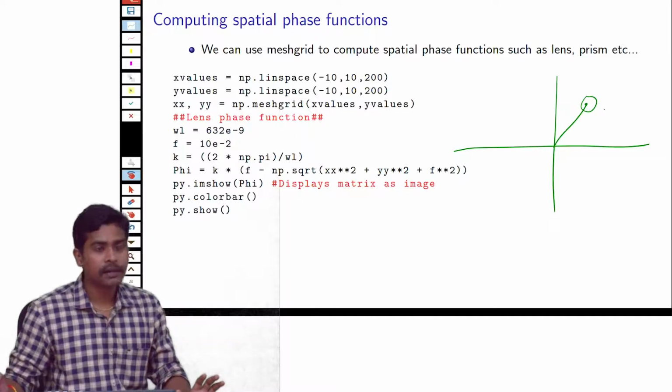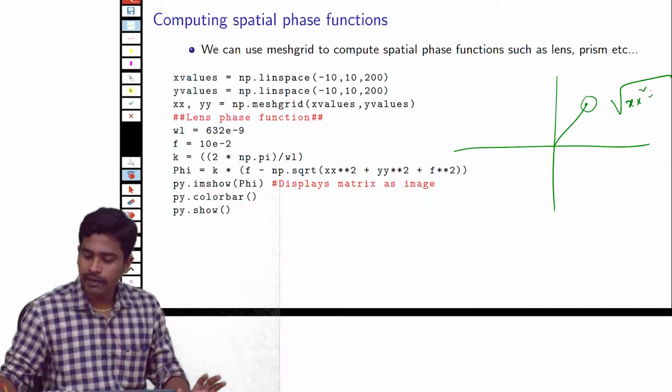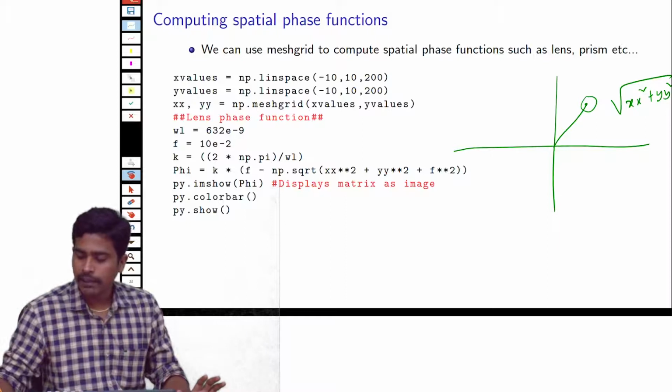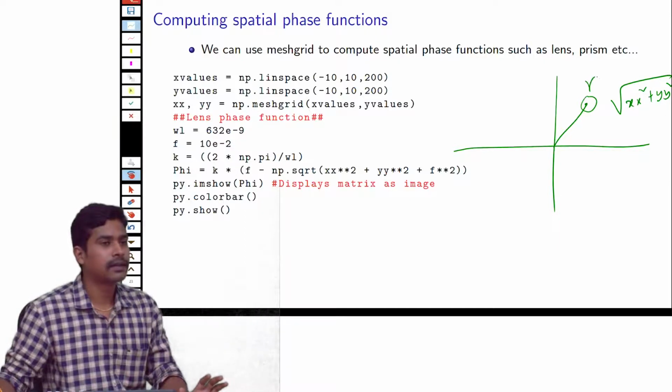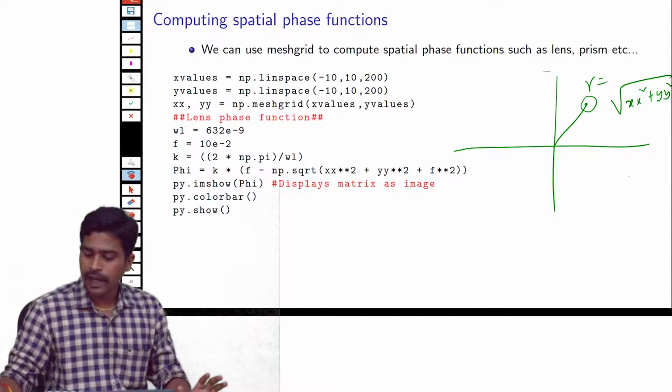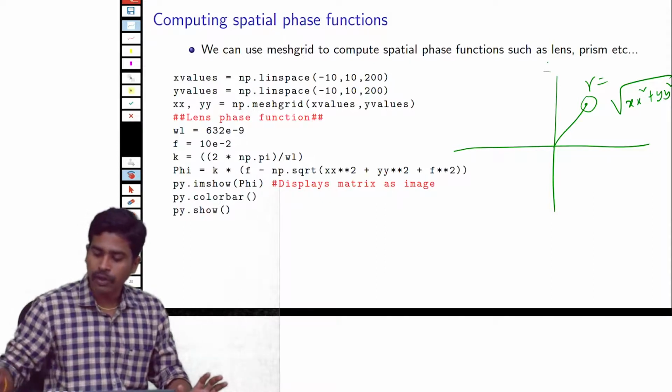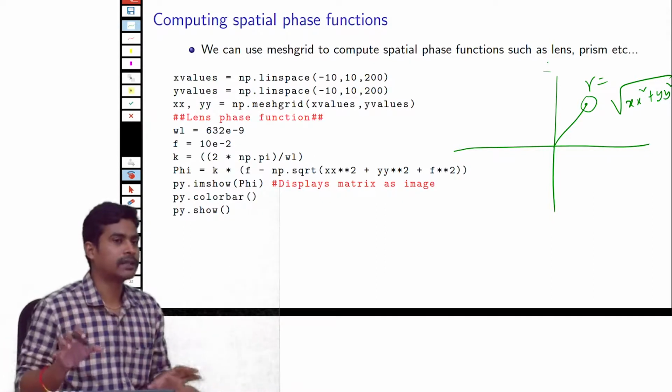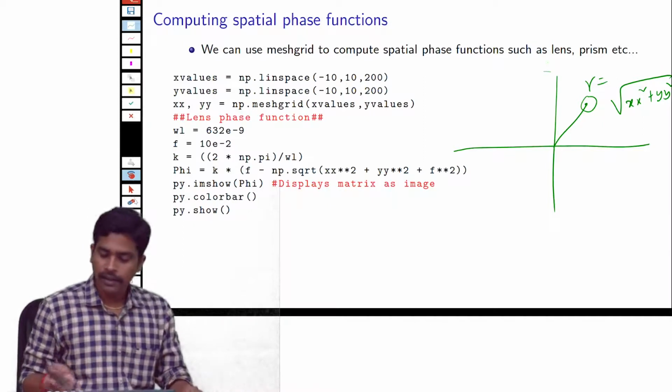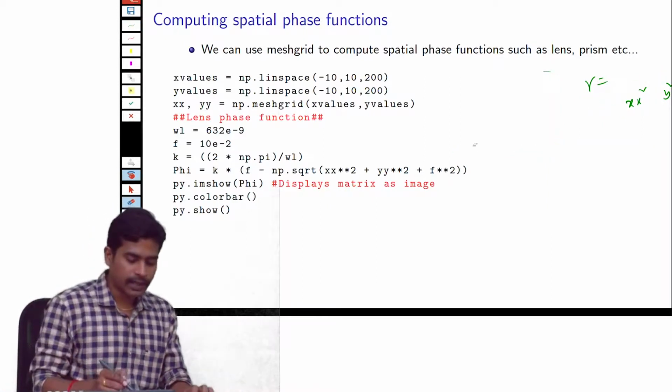If there is a point here, the radial distance is given by the square root of xx square plus yy square, right? If you say r equals this, it converts all these xx and yy into radial points. Or if this is too complicated, just forget it.